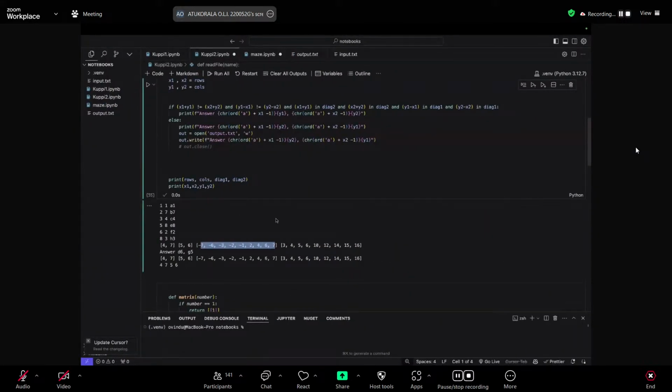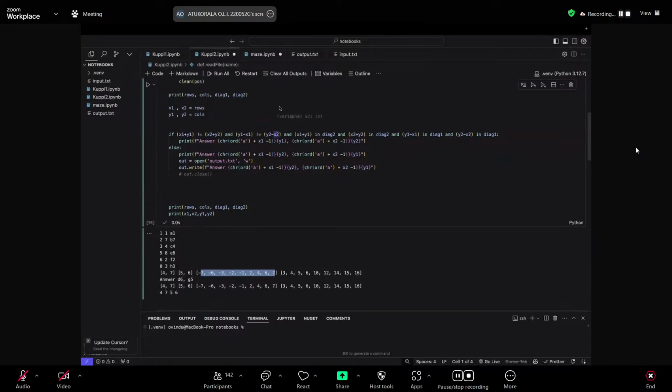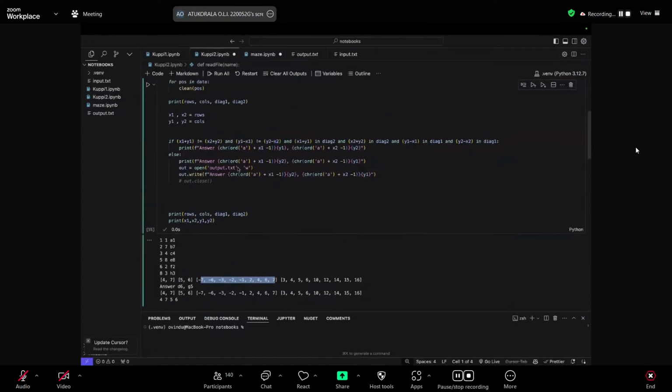So now we are coming to the next part of the problem, which is how we are going to finally get our answer. And that is again a pretty straightforward if statement.